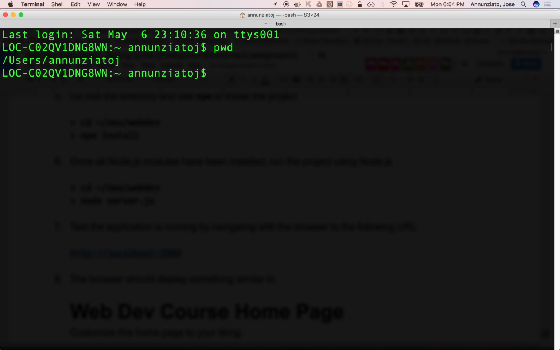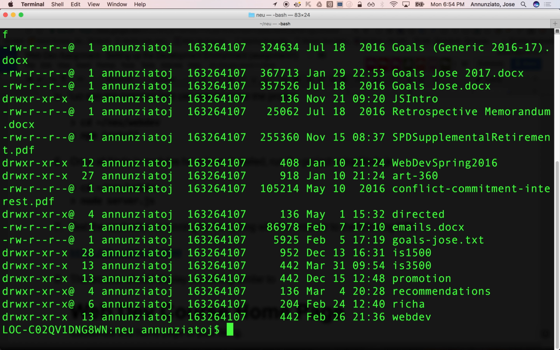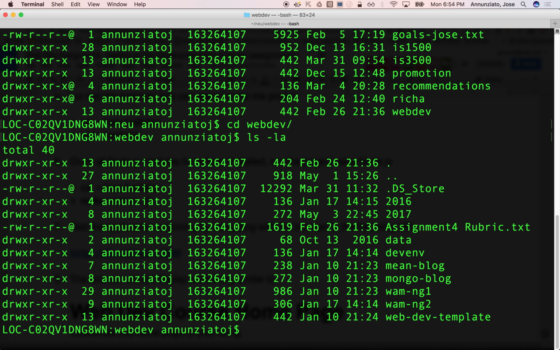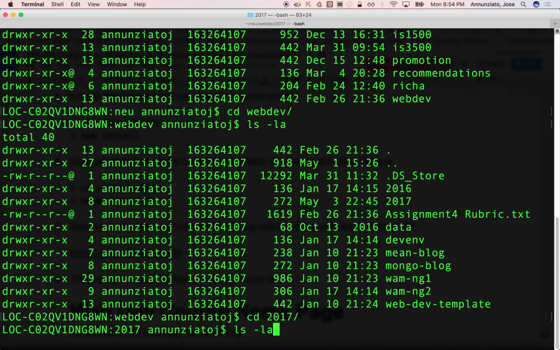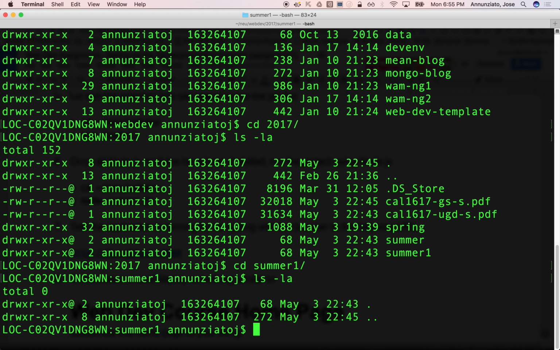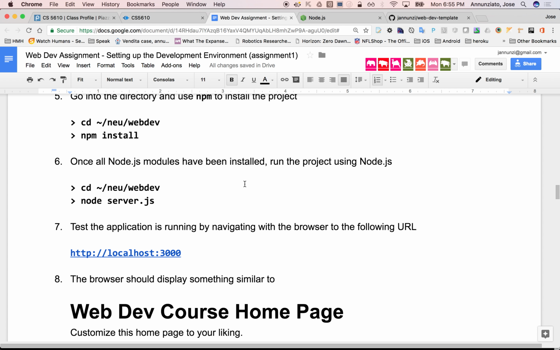So where am I? I believe I have an NEU directory. Let's go into webdev, and let's go into 2017, and we have summer 1. Okay, there's nothing here in summer 1, right? So this is where you would be. So if we follow the instructions,